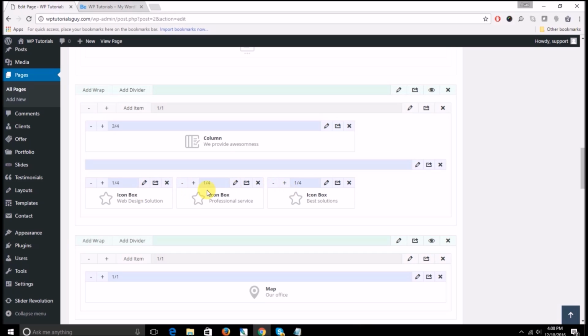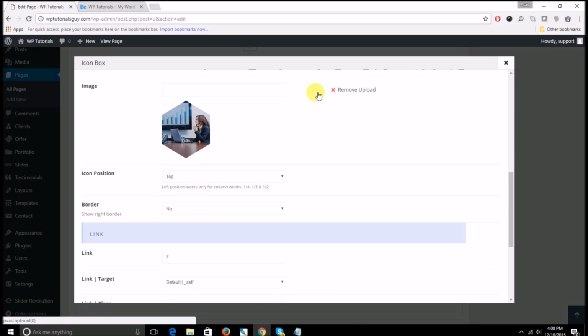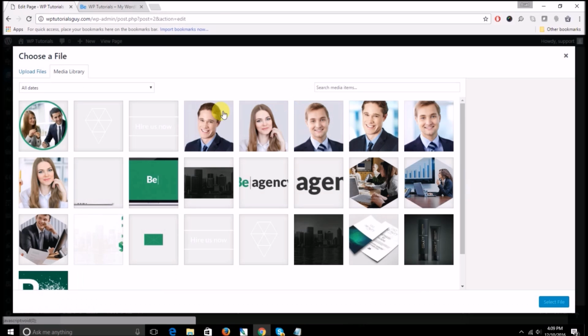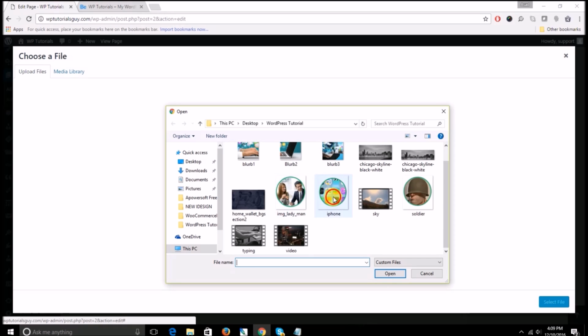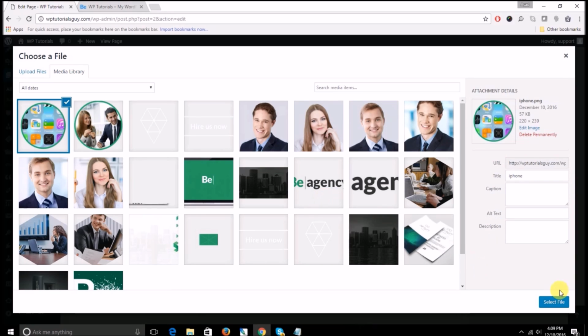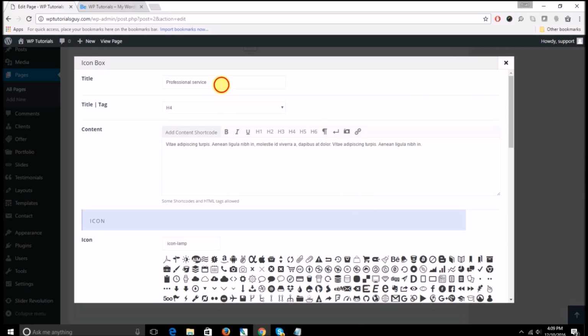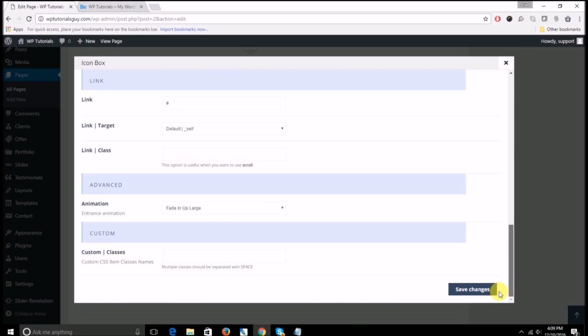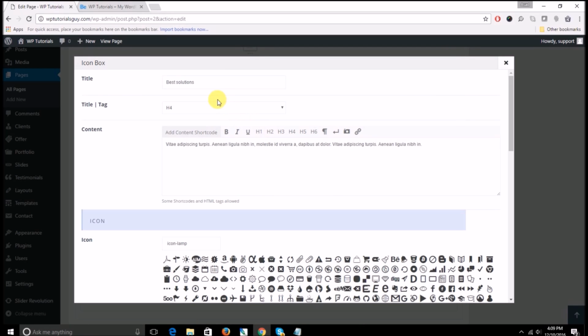So you have to just repeat the process for the other two columns. I'm just gonna edit that and just change the images and not worry about the content. So I will use my own second image, which will be the iPhone, and I'll just change the title to that and save the change, and then I'll go to the third icon there and edit it,